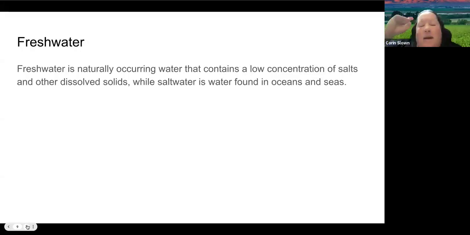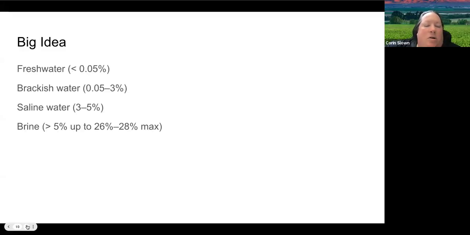Okay, we're going to talk today about freshwater. So we know that freshwater is a low concentration of salts and other dissolved solids. And we know that saltwater is found in the oceans and the seas. So our big idea here is that freshwater is less than 0.05%. So if we think about the amount of ions that are present and we do a calculation, less than 0.05% means